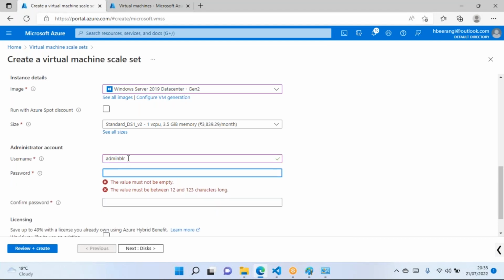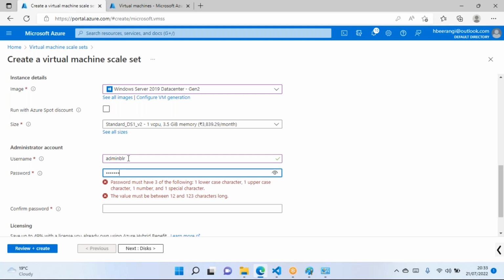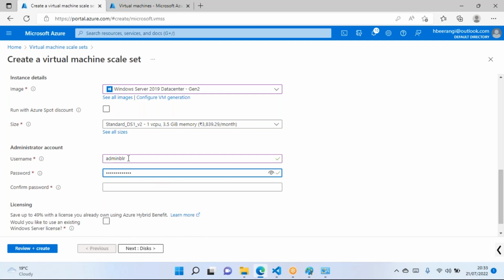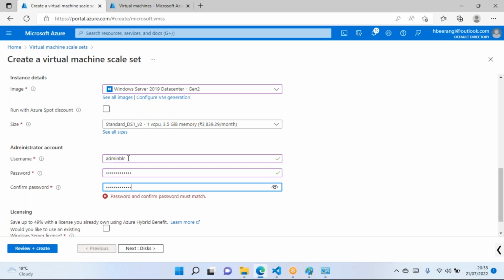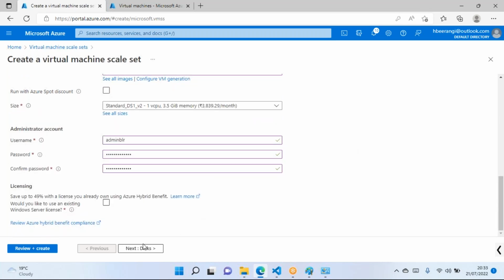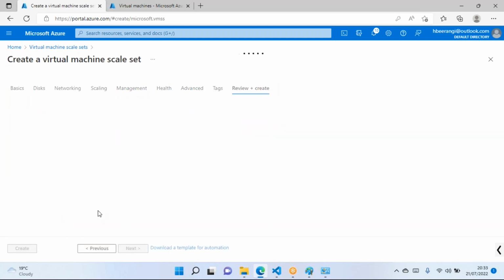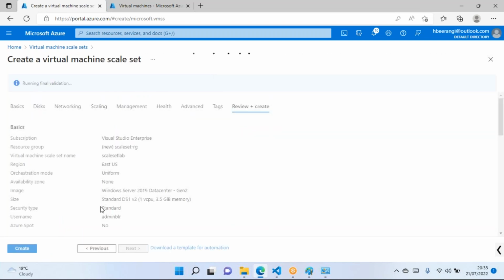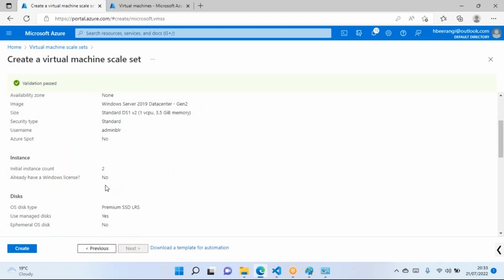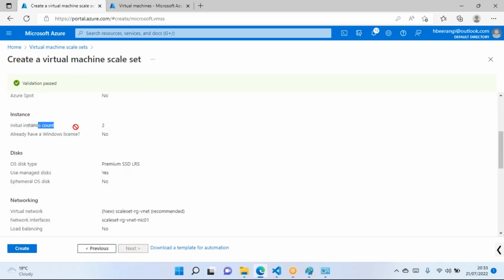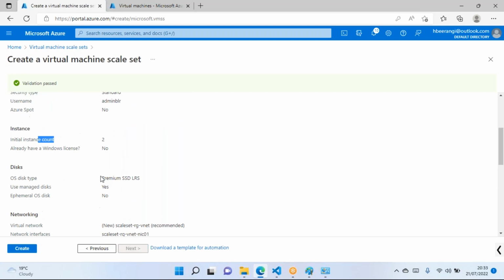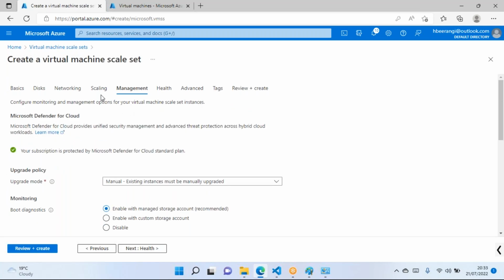I'm using this username and password here, and a review and create. So there is an option, initial okay, what did we miss? Yeah, this one,